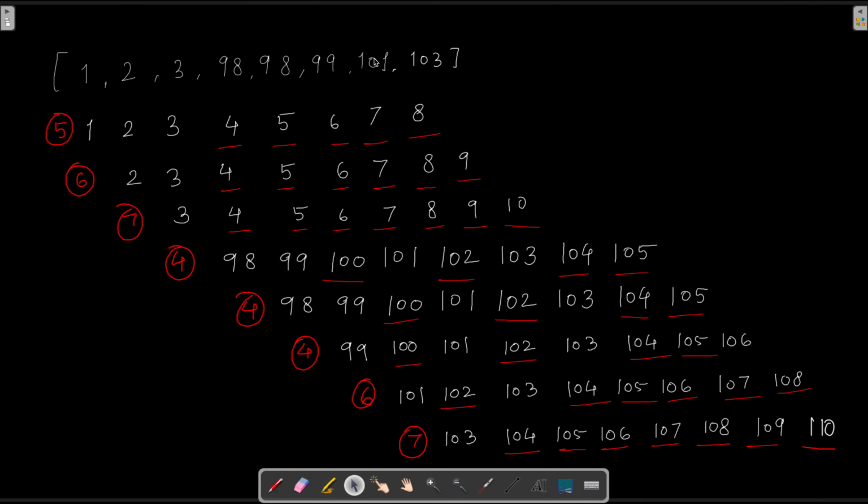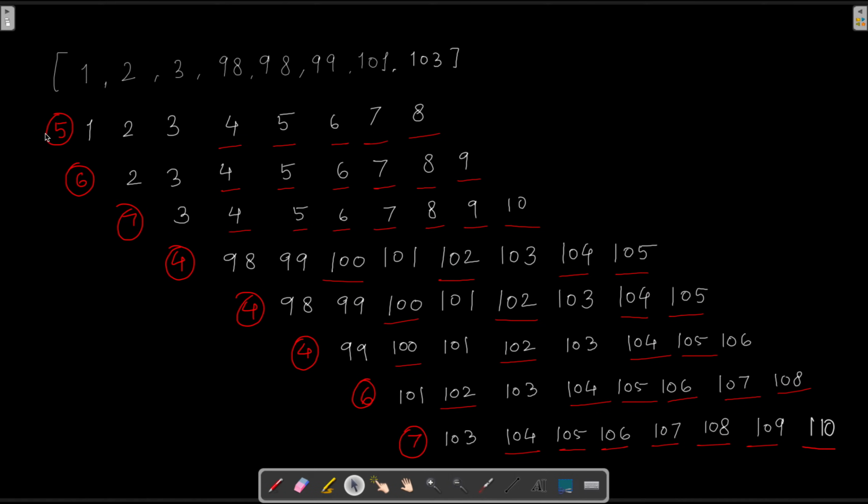Just for our understanding, I have sorted this array. And what I've done is, if you remember, in the worst case scenario, we said we should at least be able to use one array element. So what I've done here is that I have started every possible candidate from each element of this array.